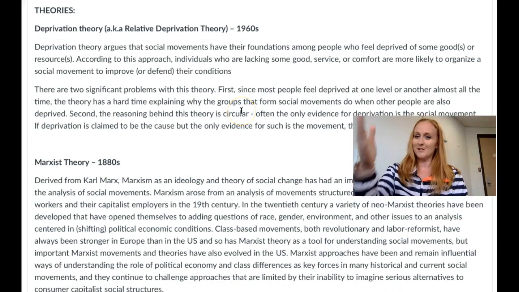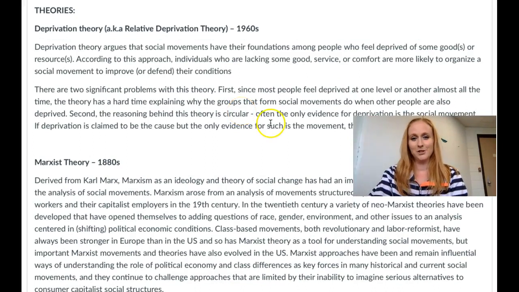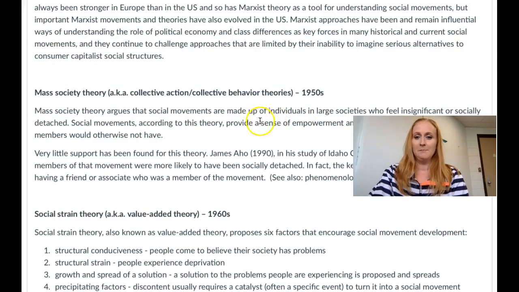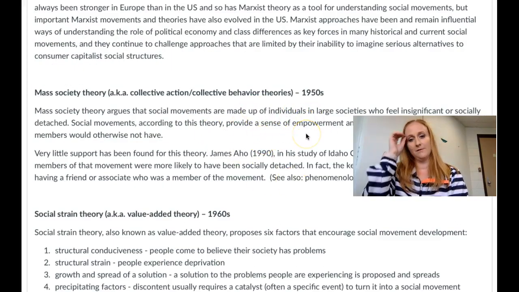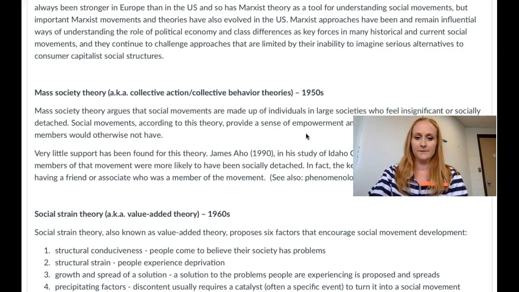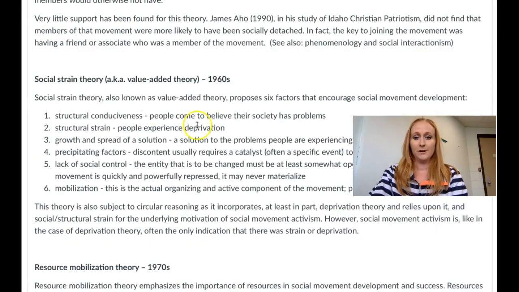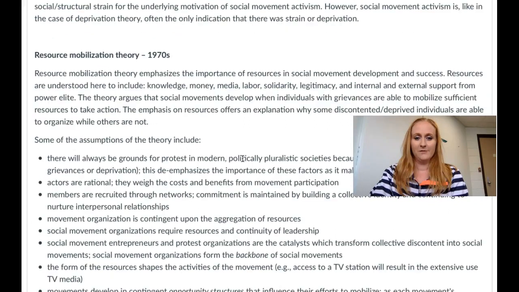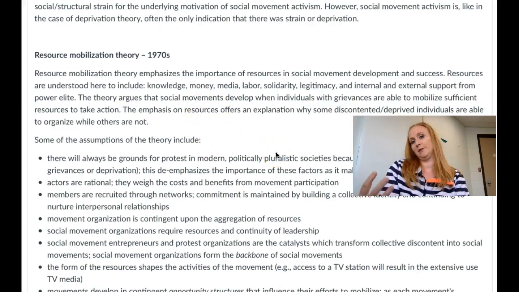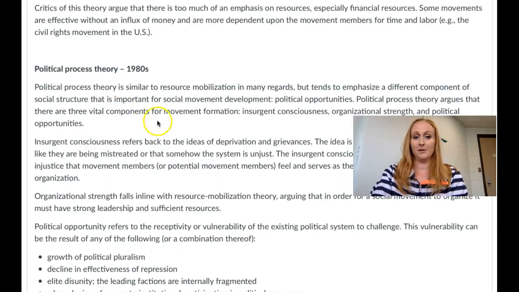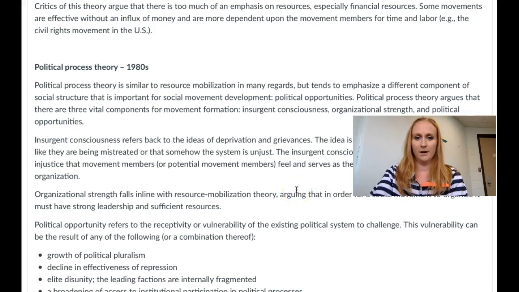So we have relative deprivation theory, which again you'll hear from Richardson on that. We have Marxist theory, mass society theory. This one is more of a political science theory, if that's kind of more of where your thinking is. We also have social strain theory, which you would have seen in criminology classes. We have resource mobilization theory, which is more of a geopolitical theory, political process, and that's it. Those are kind of the major theories that work in terrorism today. So look over those, see which ones make sense to you, which ones you feel comfortable working on. You can choose any of them, but you just have to choose one.